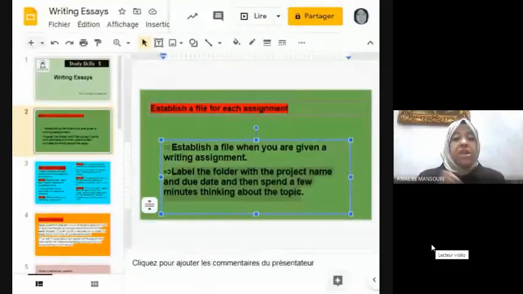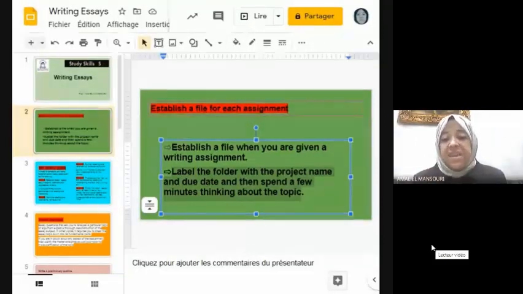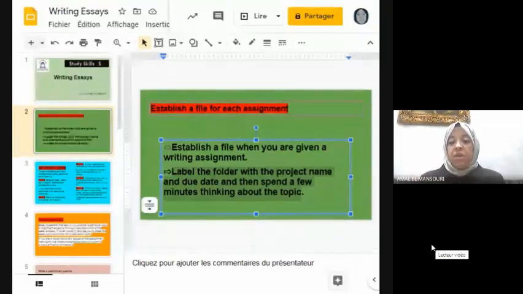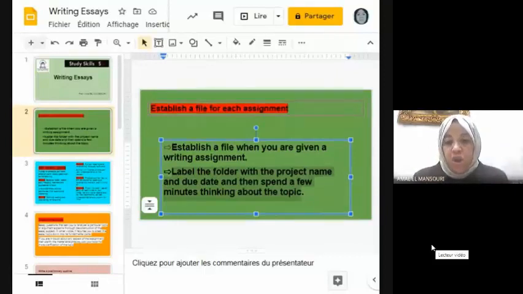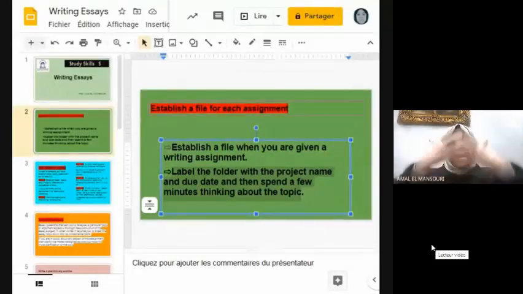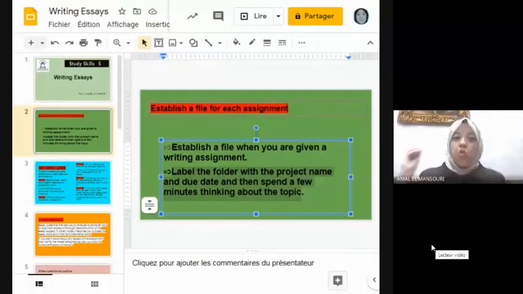You can use one of these maps because mind maps are useful for getting all your ideas onto one page and establishing a sensible structure. So you can create a mind map that will help you to have a clear image about your assignments and the ideas that you will include in your essay or a paragraph.